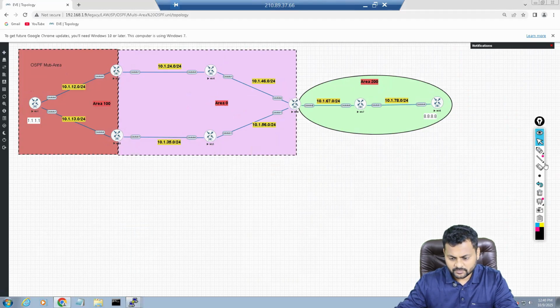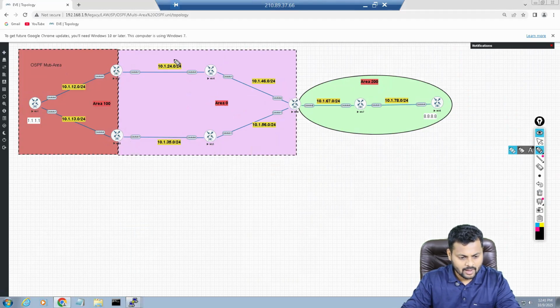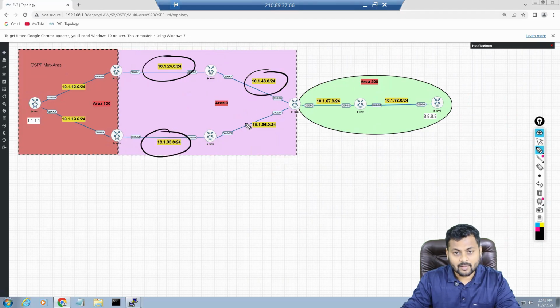In this particular domain right now, for every network you will have 1 DR. So this network will have 1 DR, this network will have 1 DR, this network will have 1 DR, and this network will have 1 DR. So for area number 0, you will have 4 type 2 LSAs.